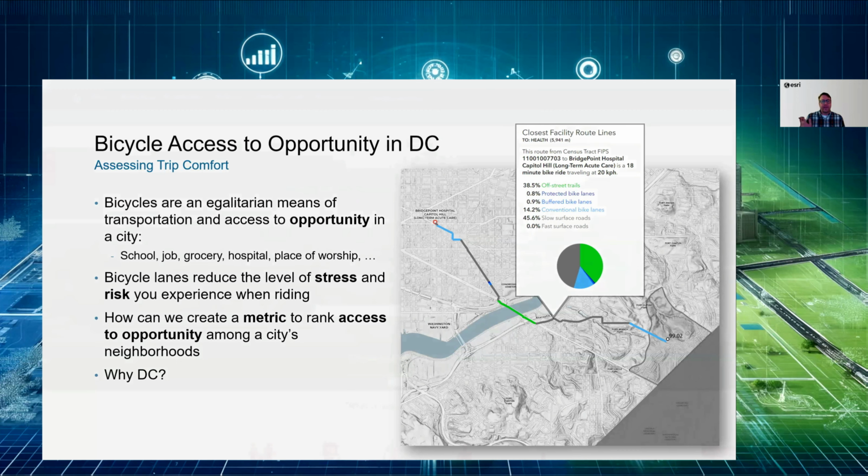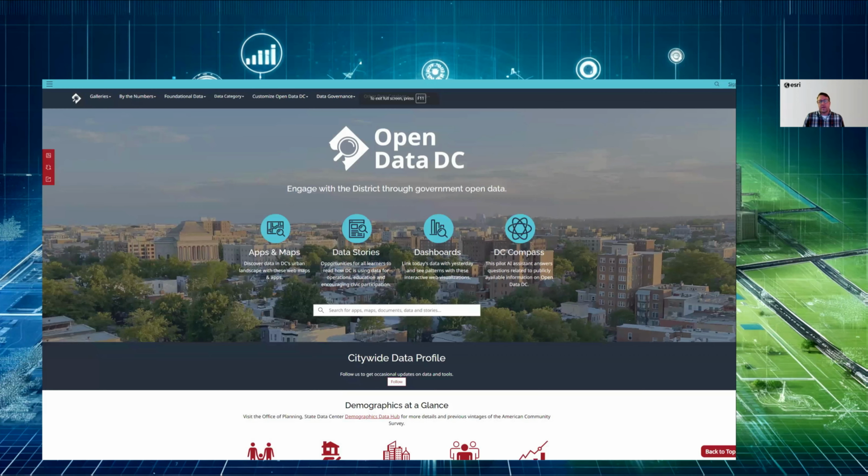But as any GIS analyst or user of GIS data knows, data is everything, and it's 90% of the problem: getting good data, cleaning it up, getting it ready to analyze and visualize. And so one of the real benefits in this project is Open Data DC. It was almost our single point source of data for the project. We had probably 95% of the data come from Open Data DC. There were a couple of